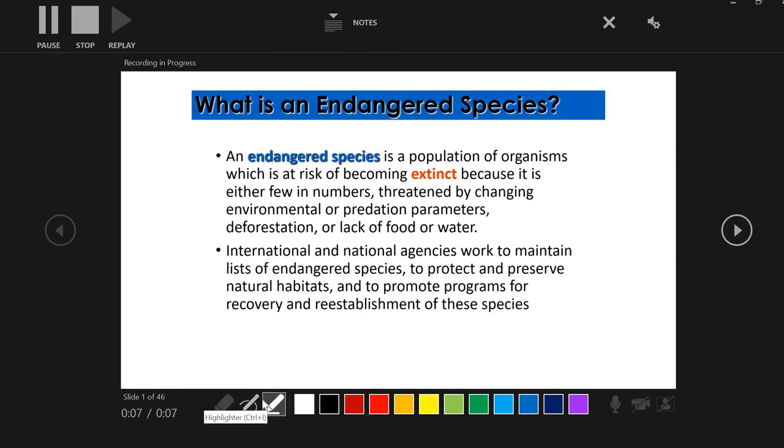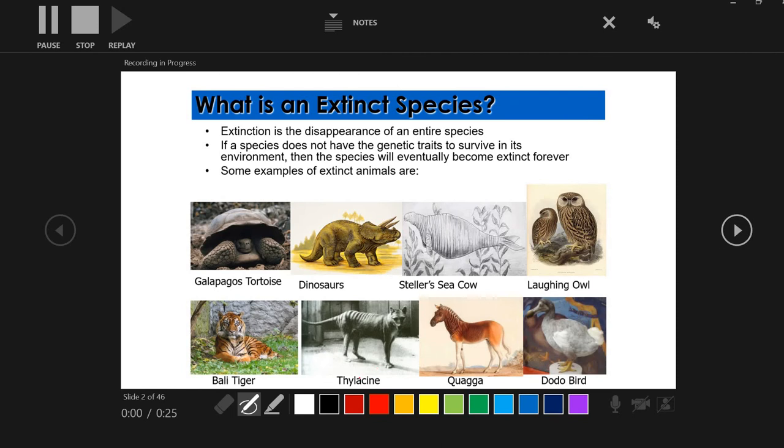this pen or highlighter. For example, if I want to write something or point out something by using this pen, I can go and make a circle. Or suppose I want to go to the next slide, I click on this button. Suppose I want to highlight something, by using this highlighter I can highlight a particular part of this PPT. So in this way you can use different options for editing, highlighting and writing on this